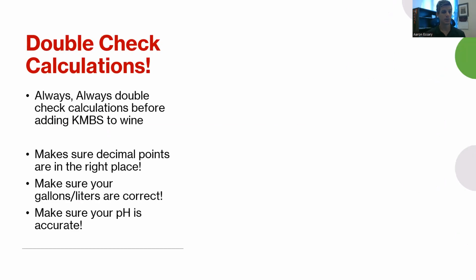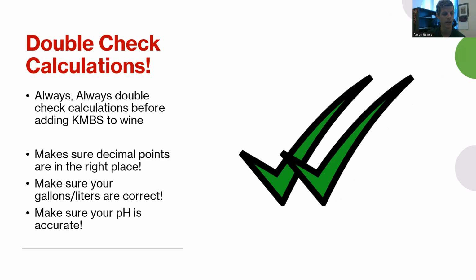Which brings me to the double check. Always, always double check anytime you make a KBS addition. Make sure your decimal points are in the right place. Make sure your gallons or your liters are correct. If you're using it longhand, you have to use liters. And then make sure your pH is accurate. Again, if you have a pH of 4.0 and you're adding 50 grams of KBS into your wine,